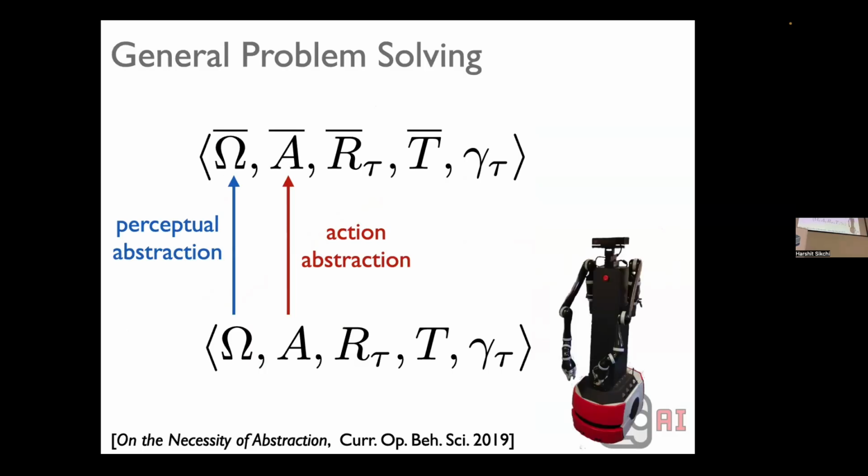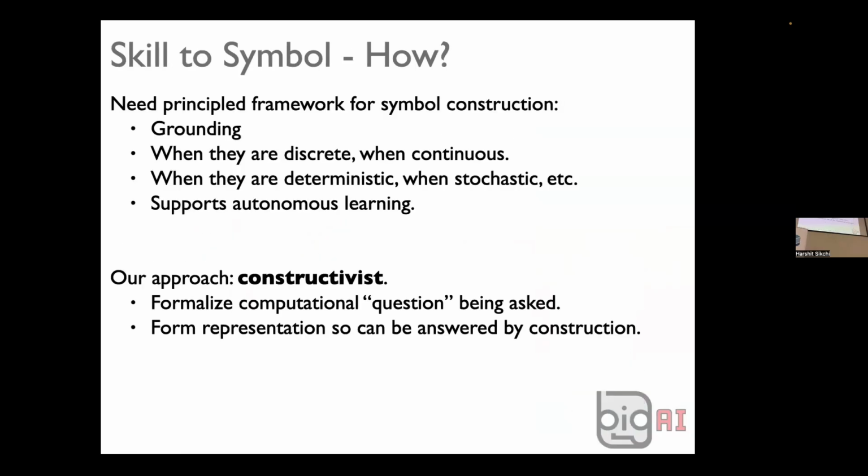Okay, so we go with all these compatible action and observation abstractions. How are we going to do that? What we focused on doing in my lab is thinking about skill-driven state abstraction. So let's say, okay, I give you the high-level actions, and then I want a specific computation performed over those. Is there a way to formalize that question, and is there a way to bottom-up construct the state abstraction such that it provably answers that?